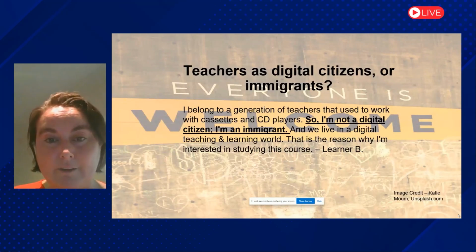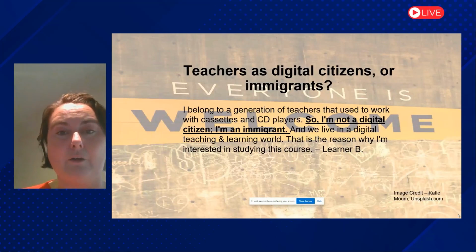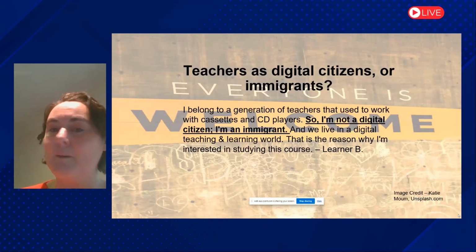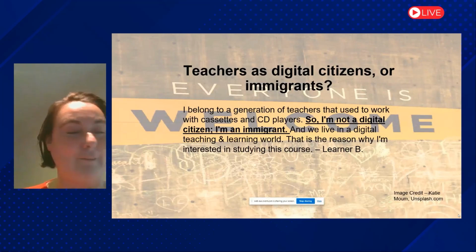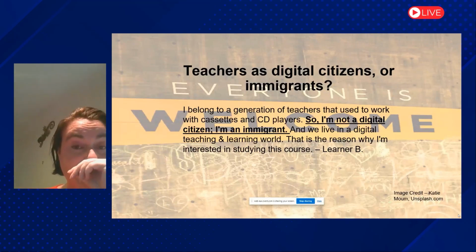This learner here says, and again, this is a really, really interesting thing for me, particularly, teachers as digital citizens or immigrants: I belong to a generation of teachers that used to work with cassettes and CD players. So I'm not a digital citizen, I'm an immigrant. This is a learner describing themselves. And we live in a digital teaching and learning world. That is the reason why I'm interested in studying this course. So again,